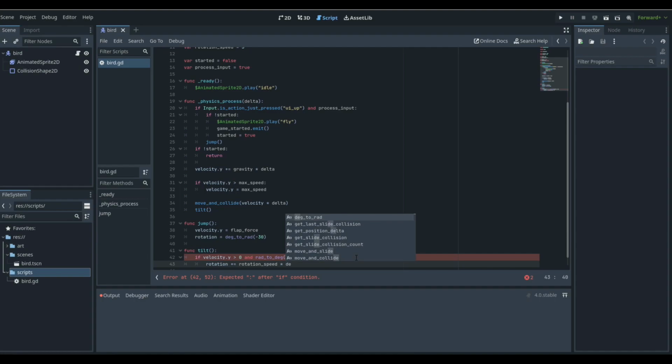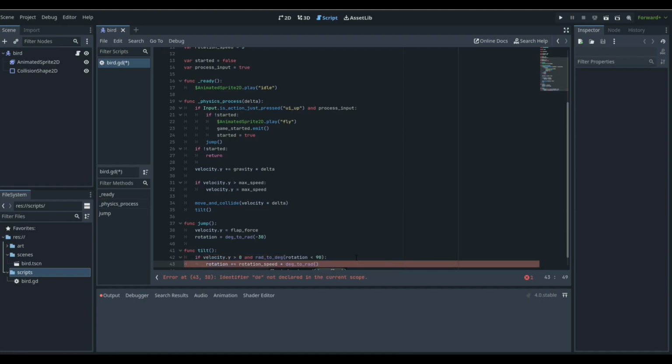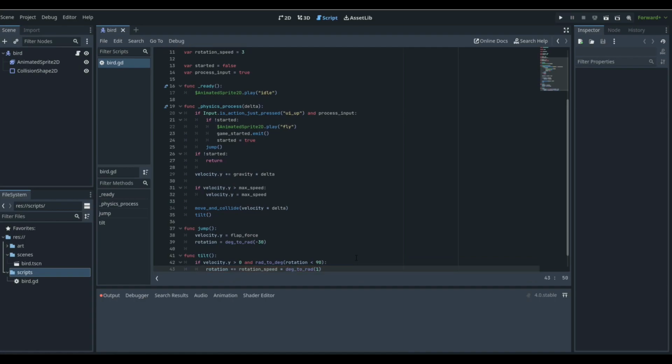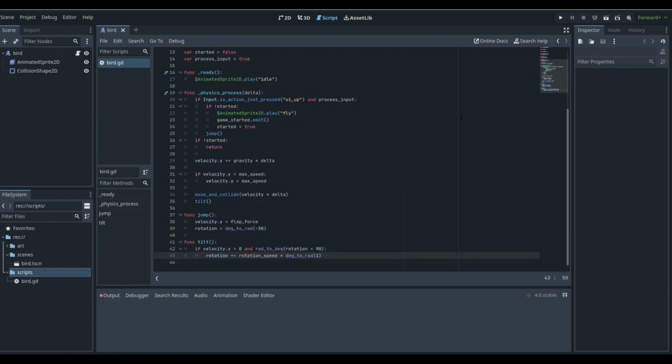our degree_to_rad 1. That means we're going to rotate at 1 down. So we're going to fall slowly, right? We're going to rotate fast, but it's going to be a smooth rotation, right? And then we're going to go here and say else if our velocity